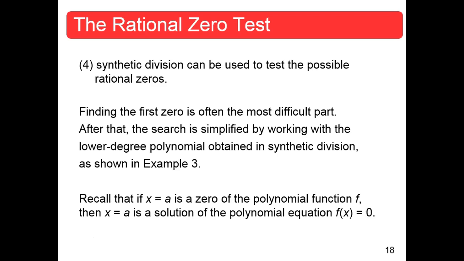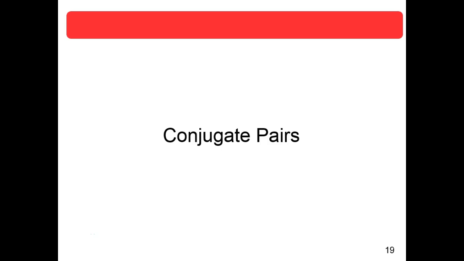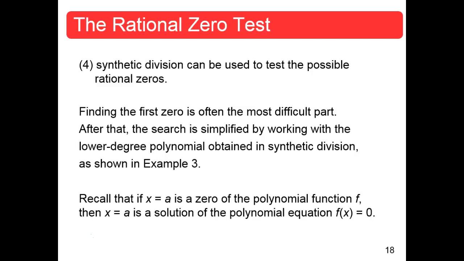Recall, and this is what we were doing before, that if x equals a is a zero, then x equals a is also a solution, and x minus a is a factor. Remember that. If x equals a is a zero of the polynomial function, meaning the remainder is zero for your synthetic division, then x equals a is a solution of f of x equals 0, and x minus a is a factor of that polynomial f of x. Remember, those are all equivalent. All right, now they're jumping to conjugate pairs without doing example 4 or 5. So let's go back